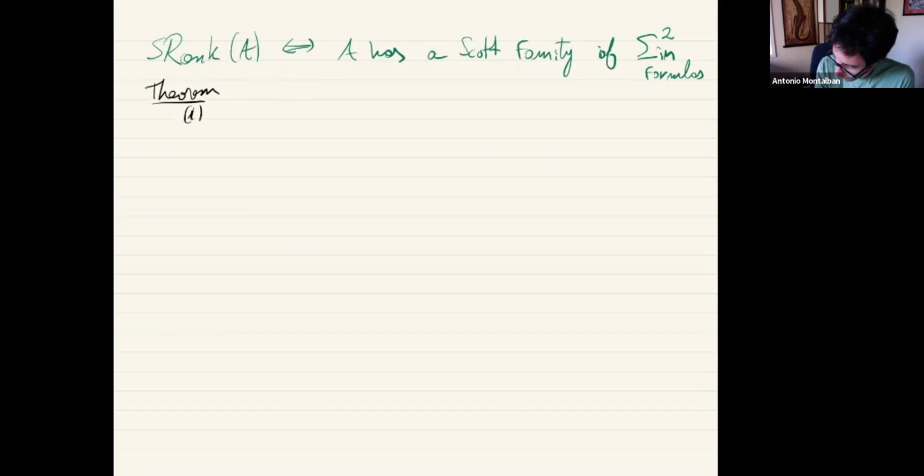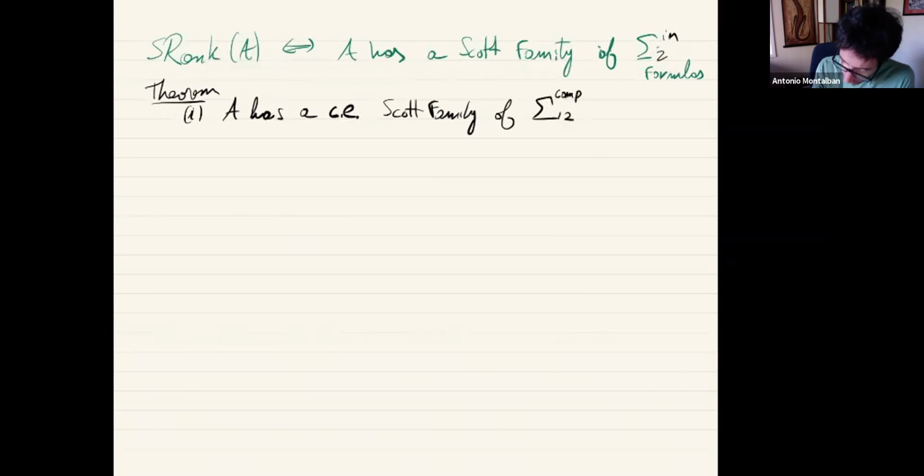One, A has a computably enumerable, so CE, Scott family of computable infinitary formulas. I haven't defined this yet, but I'll tell you what they are in a second. And that's if and only if